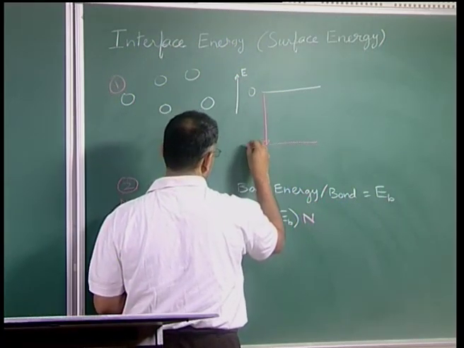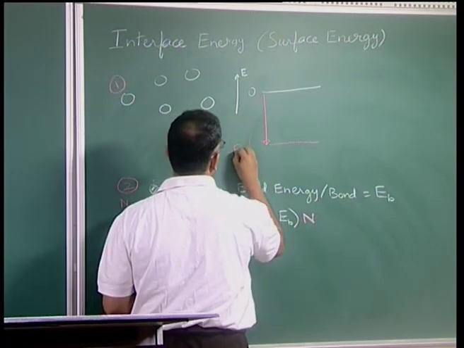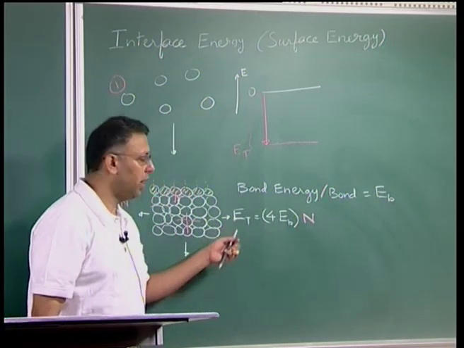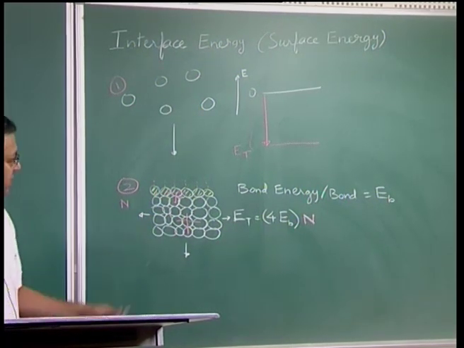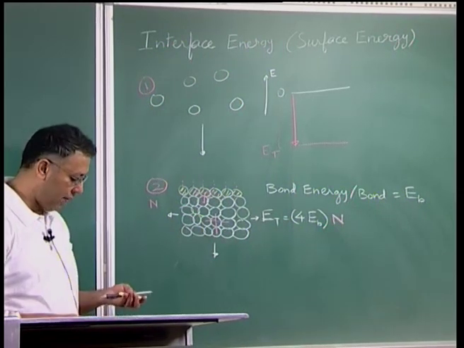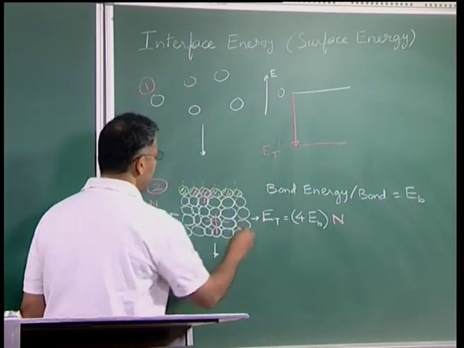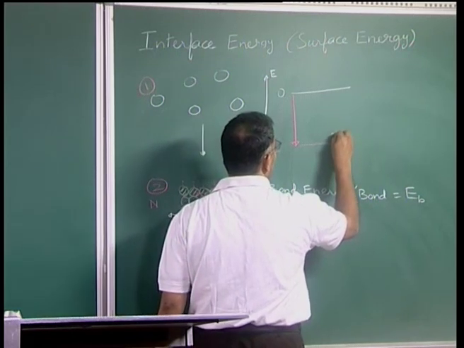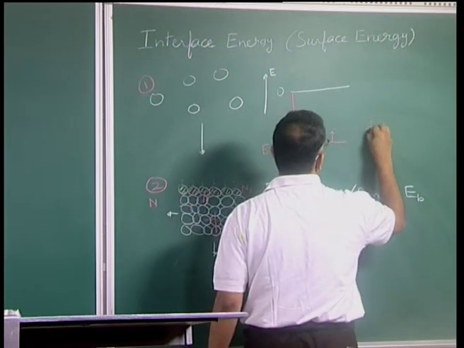and now this is my ET, which is negative, because it is lowering in energy because of the crystal formation. But as you can clearly see, I have overcounted the bonds, the number of bonds. The surface atoms are not as well bonded as the interior atoms, and therefore, I have to correct for the surface atoms, and suppose this is the number of surface atoms is n surface, I have to correct for this surface energy, and the net energy of the final system would be this E